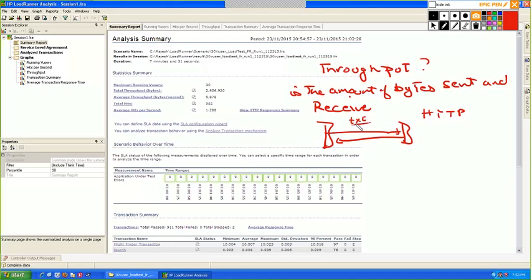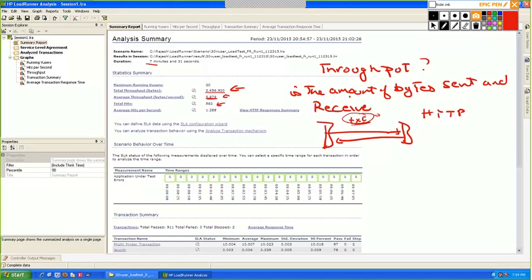That data, when I'm sending, the size of this text file that is sent and received, the sum of the size of the file that has been sent and received, that's what the amount of bytes sent and received is called throughput. So this is the amount of bytes that has been sent and received for the past 7 minutes. Average bytes per second: per second, how many bytes were transferred? This is the average amount of bytes transferred per second.